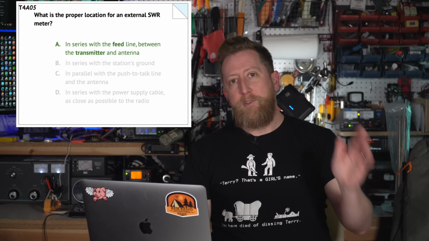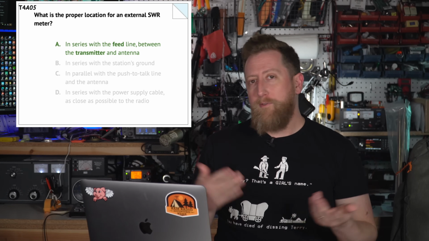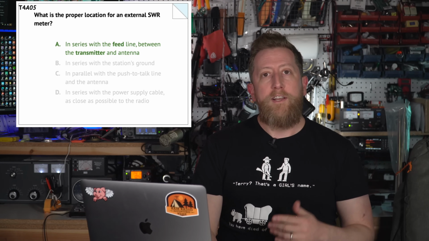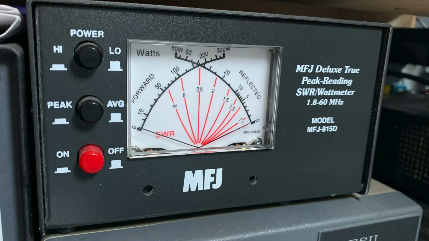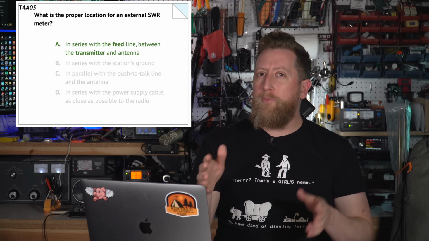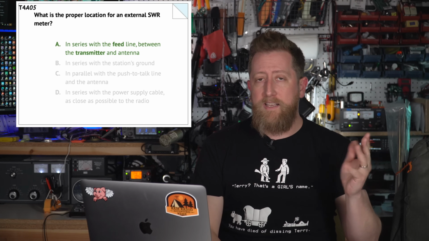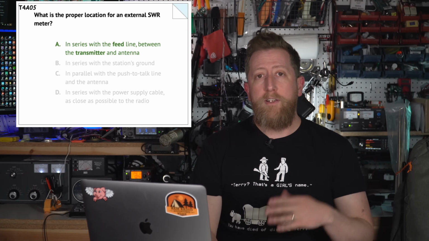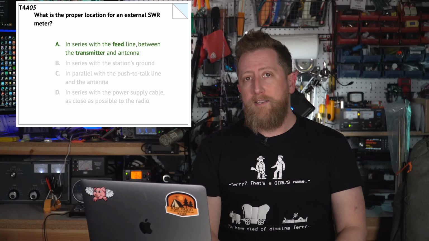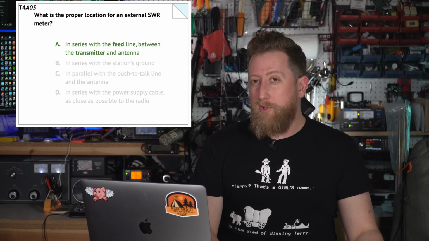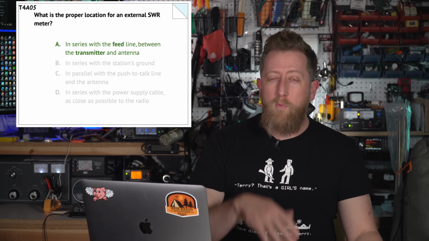No, you want it to go in between the antenna and the transmitter or the transceiver. You need to use the SWR meter to show what the standing wave ratio is, your match of your antenna to your transceiver. Transceivers have a standard 50 ohm, usually coax, connector, and we want to get as close to that with your antenna as possible. So we will use the SWR meter to show that, and we'll make any adjustments we need to if there's an issue that shows up. You're generally aiming for under 2 to 1, as close to 1 to 1 as possible. 1:1 is kind of what you're aiming for.